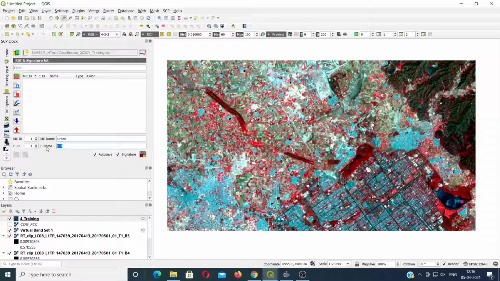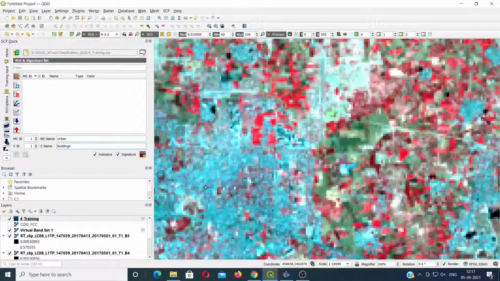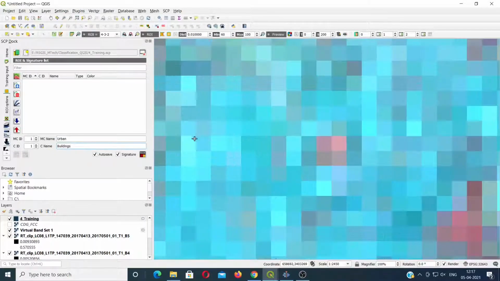Class name I will take as buildings, and once this is done, you can just go here in the toolbar and say create ROI polygon. You can select this and zoom in to the pixels where you have the urban layer. You can choose these pixels as you want. Once you left click, the polygon will close.